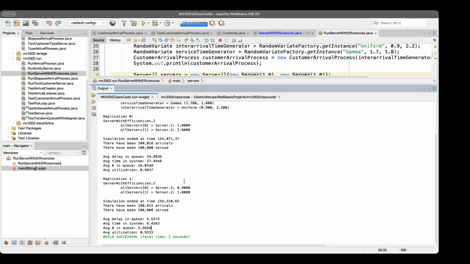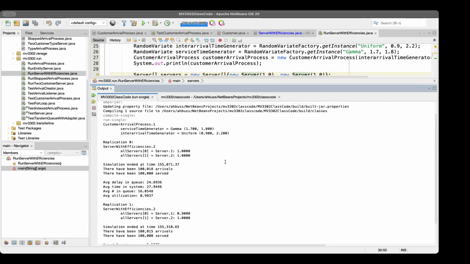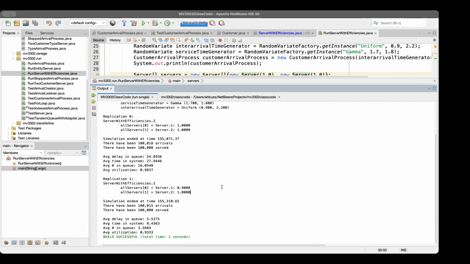So that one little tweak. Now, of course, these numbers, I would have to do multiple replications and do confidence intervals and other kind of stuff for it to be statistically accurate. But the magnitude of the change is such that when you do that, it's going to kind of work out. So what's the point? The point is that this little tweak here, like if I'm asking the question,